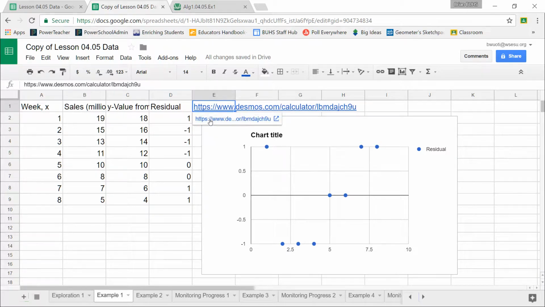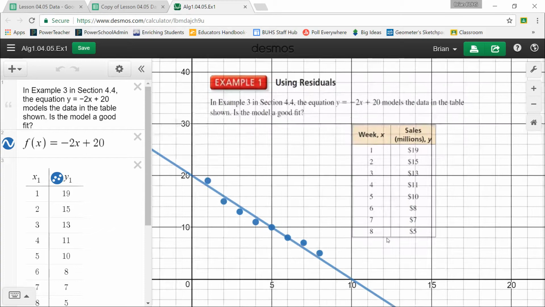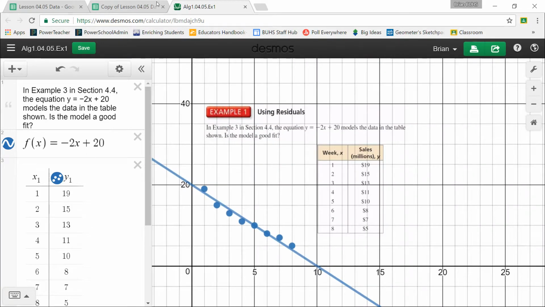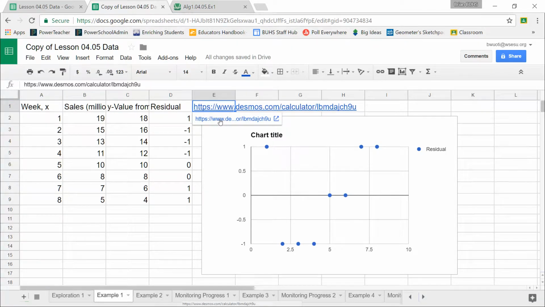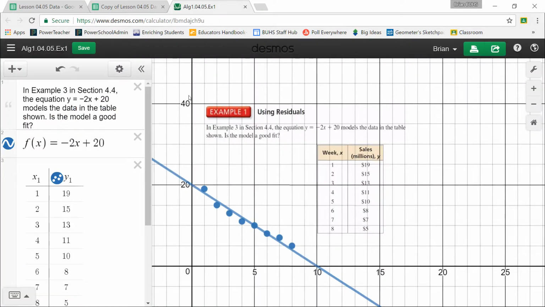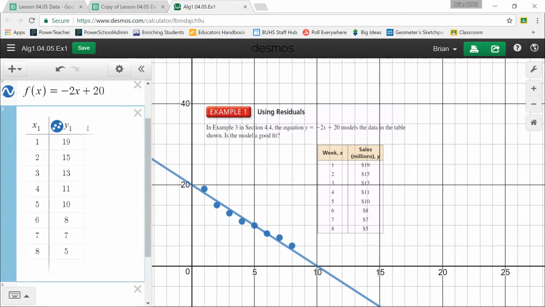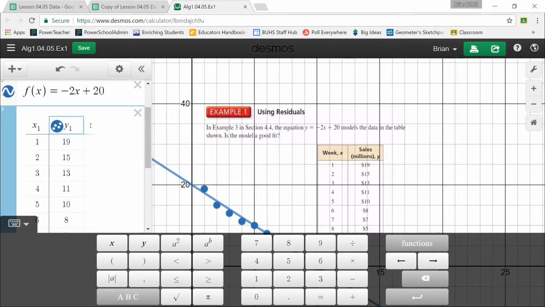Yeah, you click it, and then it shows up underneath, and you click again. So here's Desmos. So you click on the cell, and then eventually underneath it, the hyperlink shows up. Right? Everyone in Desmos. Good. All right, so here's my function. And if I want to figure out the residuals for this, click down on your table here, and just to